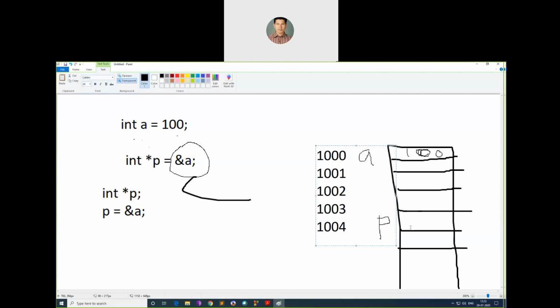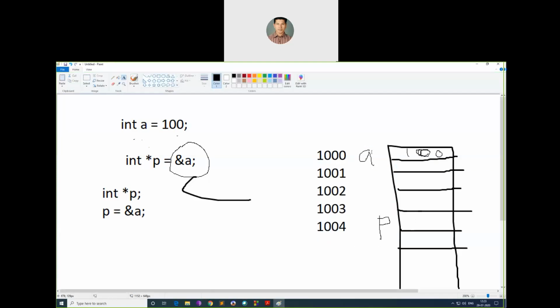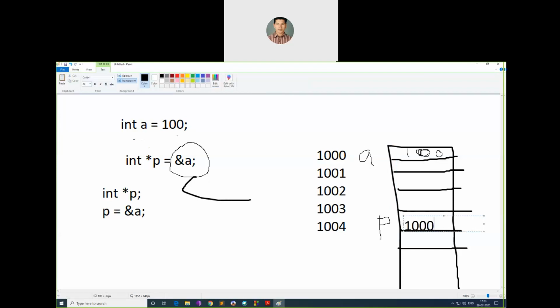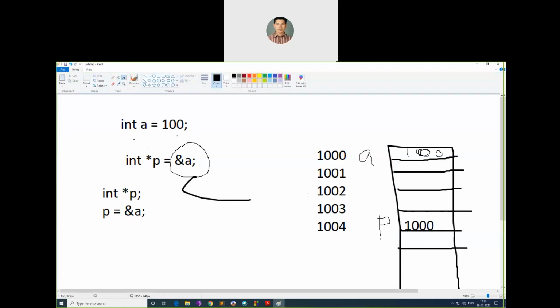Now what will p have? p will have the value 1000, because I am assigning p = &a. a's address, which is 1000, is put into p. p will not have the value 100, which is a's value. p will have 1000.